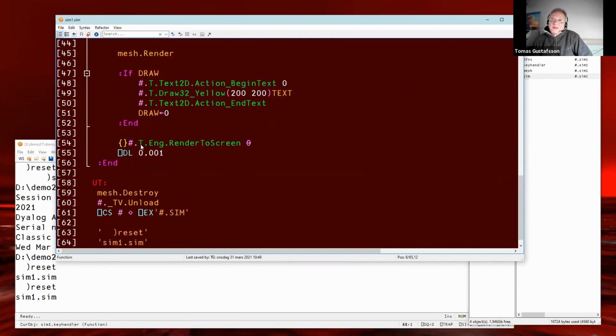Okay, render to screen, and we get our content on screen. Then here is a faking thing because of timing. It's not mandatory, but we need to give some time to APL, which normally comes by other means, but this is so short, so I do it this way.